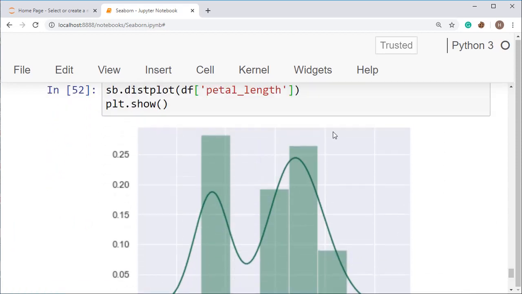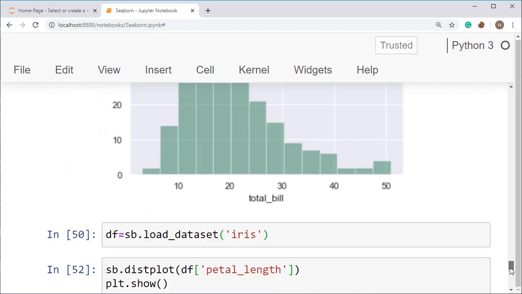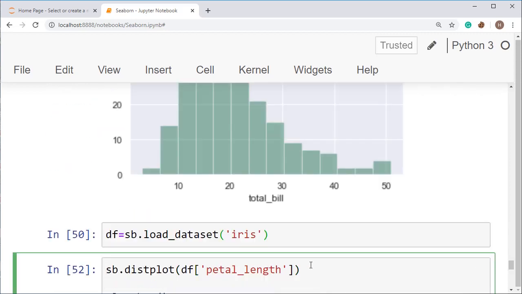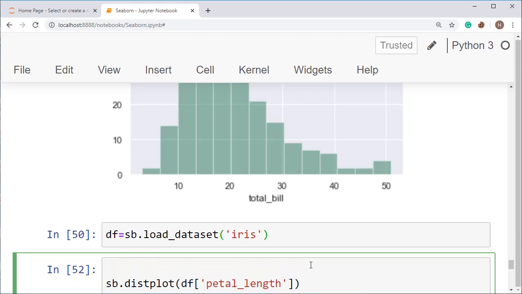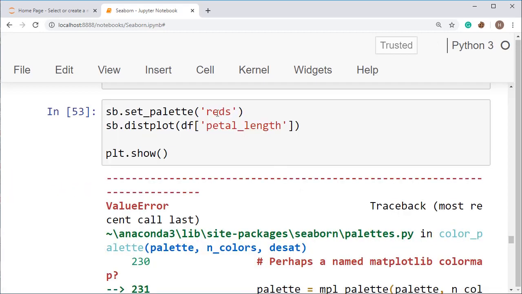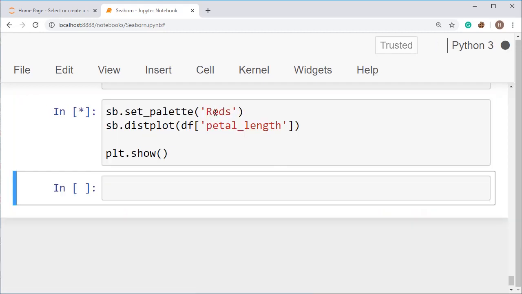If you want to see the difference, then just set the color palette to a different color. Okay. So what we have to use? Just put sb.set_palette here so that you can see the difference easily, and put reds. Okay. Again this one is showing error.